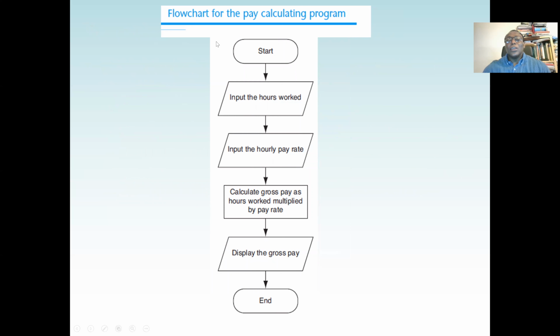This is a flowchart for the pay calculating program. So here we start first. Our starting program needs an input, and we said the input symbol is a parallelogram. So we can see the input symbol. And here we have to say what we are inputting. We are inputting the hours worked. We need a second input, so we have a second parallelogram again. This time we are inputting the hourly pay rate. This program will calculate the pay, or the salary, of employees. So I need input of the number of hours the employee worked and the employee's hourly rate. If I know these two, then I